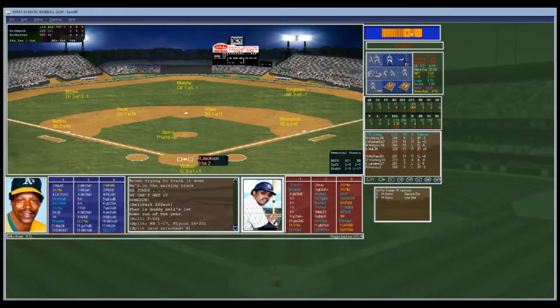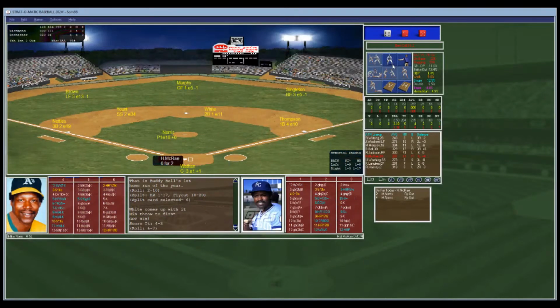Here's Reggie. He's 0 for 2, a ground out and a line out. Norris looks in, and the sign to Reggie. Reggie, fine ball to second. Frank White getting a lot of work, throws him out, two outs.